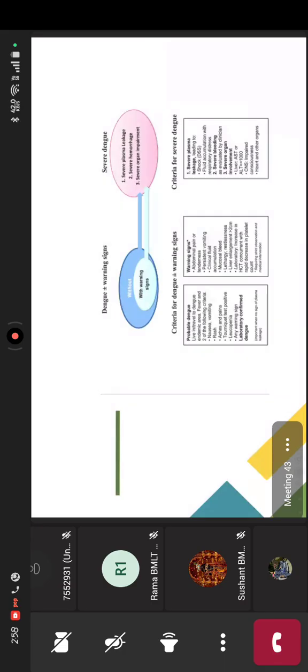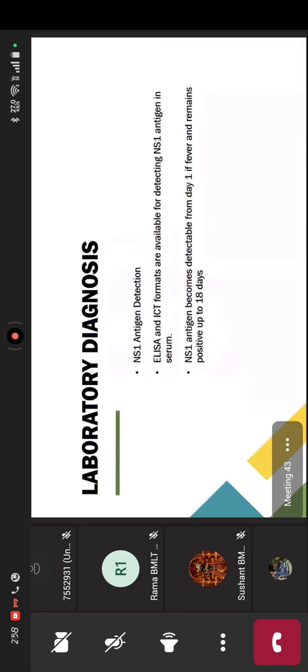वहीं पे अगर मैं सीवियर डेंगू की बात करूं तो प्लाज्मा लीकेज होगा, ऑर्गन खराब होंगे, राइट। पेशेंट शॉक सिंड्रोम में चला जाएगा, ब्लीडिंग होगी, लिवर में जो एएसटी और एएलटी की वैल्यूज हैं वो 1000 से ऊपर बढ़ने लगेंगी, राइट। और लिवर खराब होने के बाद अगर डेंगू और सीवियर होता है और ट्रीटमेंट टाइम पर नहीं मिलता है तो और ऑर्गन्स भी अफेक्ट होना स्टार्ट हो जाएंगे, जिसमें हमारा सेंट्रल नर्वस सिस्टम भी अफेक्ट होगा, हार्ट भी अफेक्ट होगा, और बाकी ऑर्गन्स भी अफेक्ट होंगे, राइट।